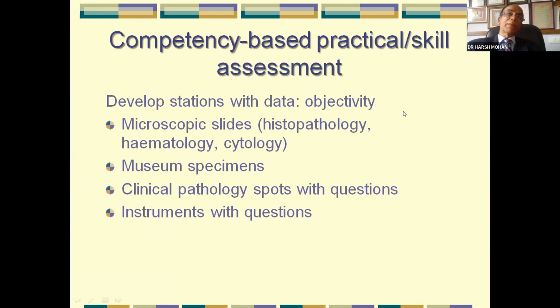If you do it with a station where there is a card on which there's a history, and there is a spot, or there is an object lying there, or a slide or a specimen lying there. So there can be a variety of stations. There can be so many possibilities of such stations. These stations can be in the form of histopathology slides or hematology slides or cytology slides with a brief history and 3-4 questions framed along with the history relating to that slide. Or there can be a museum specimen placed along with the history